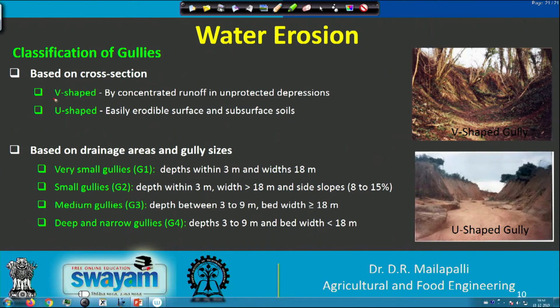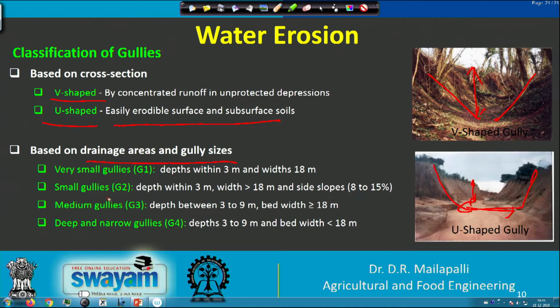It could be V shaped. This is when there is concentrated runoff in unprotected depressions. If the depressions are not protected, what happens? It is going to form V shaped channels, where only the surface soil has the influence, whereas in U shaped channels, both surface as well as subsurface soil is being eroded here. That is why you get U shaped channels like this. So, these are the V and U shaped gullies, and then the second category is based on the drainage area